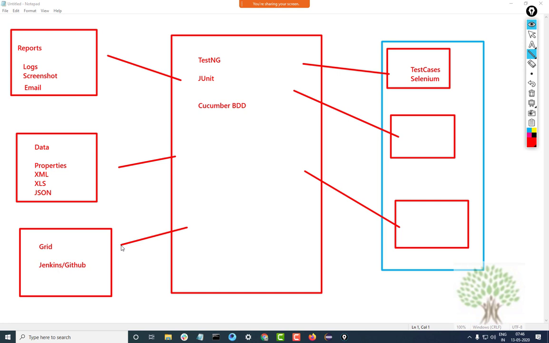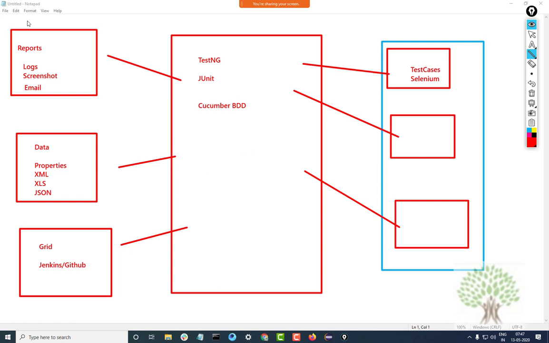So this is not just about learning WebDriver or Selenium. This is learning about a lot of other things apart from Selenium, and then bringing them all together with Selenium so that a complete project infrastructure or a complete framework can be built.